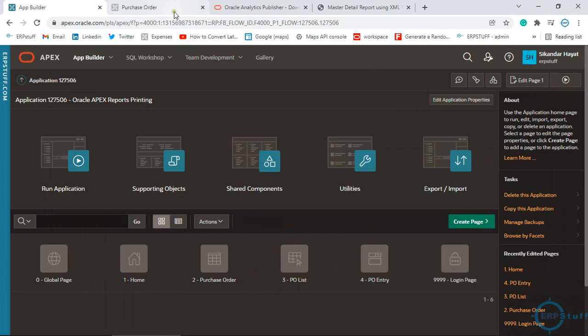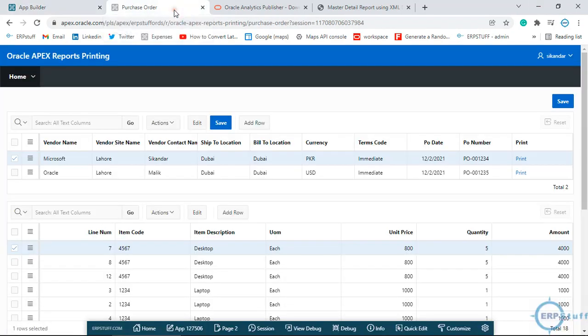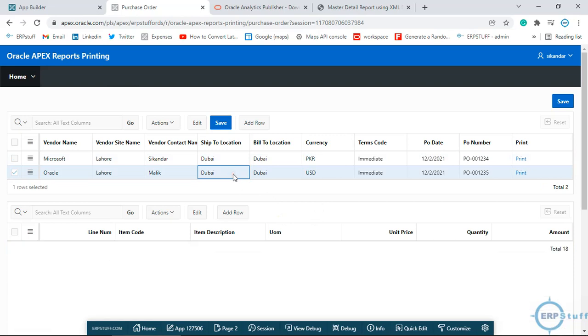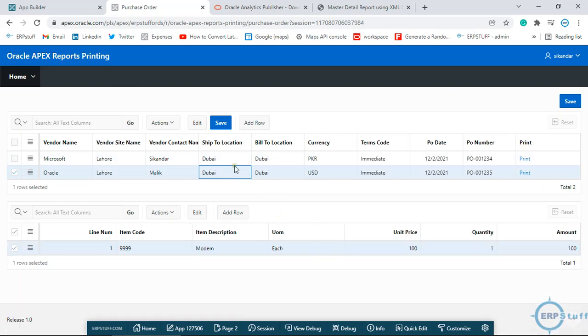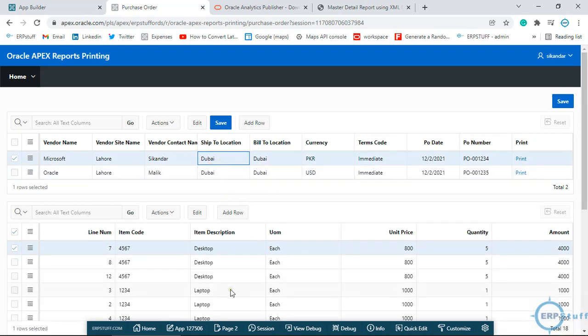Now let me show you exactly what I am talking about, so you can decide whether you want to spend some time on this video or whether it is not required for you. Let's say this is my master detail page where I have the PO header on the top and then the lines below. The first one is a multi-line PO with sample data. It's duplicated again and again, maybe the same items, I just put them there, but the objective was to bring the report to more than one page.